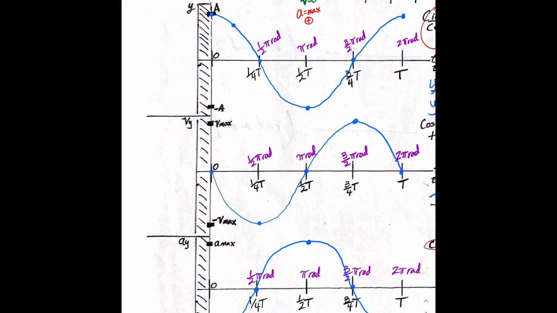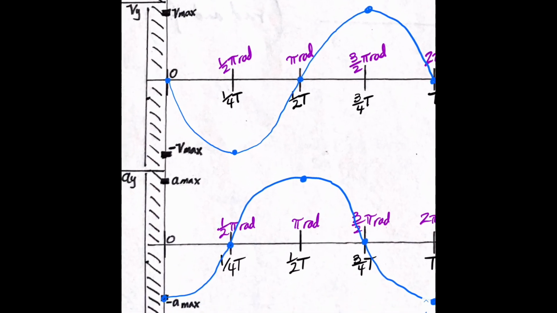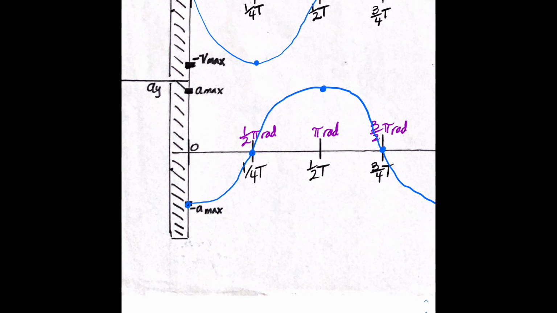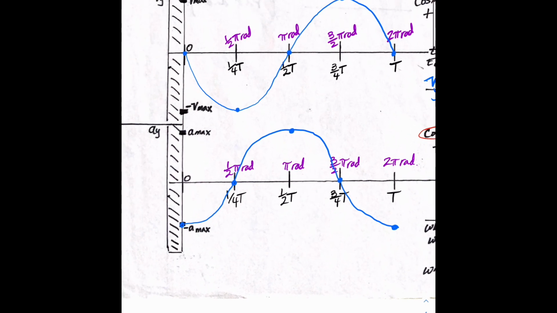If you were thinking about it in terms of radians, you could call negative A max as starting, instead of at 0, at 180, right? So starting at pi radians. So having 0 be pi radians and the quarter T be 3/2 pi radians, if that makes sense. And that gives you that shift that you want for this graph. And I think that might be the most appropriate way to think about it, to be honest. But anyways,